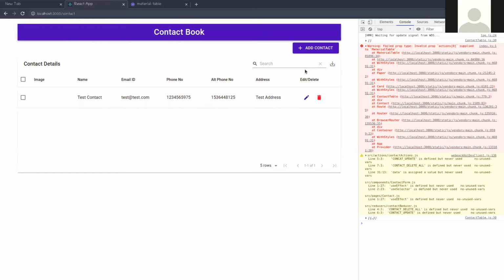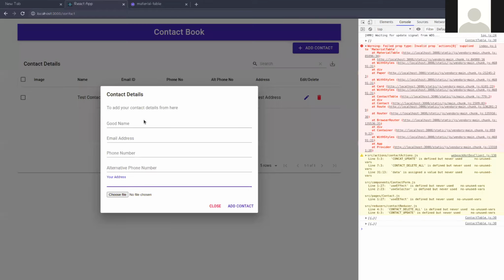Now I'm creating another method, that is test user 02.